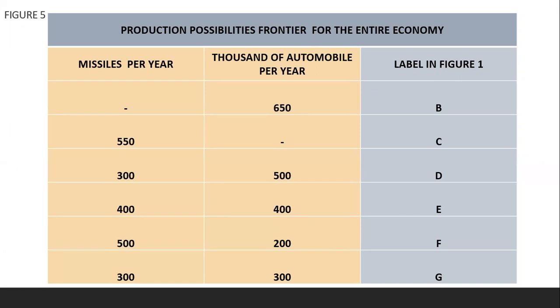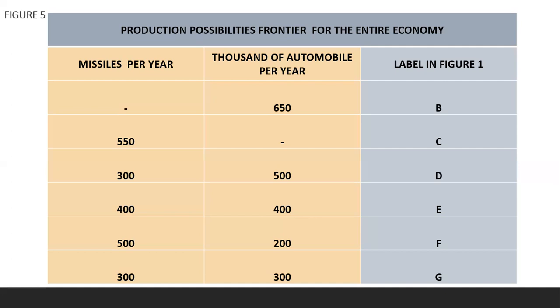On the next production, they increase the production of missiles to 400 units in order to reduce the production of automobiles